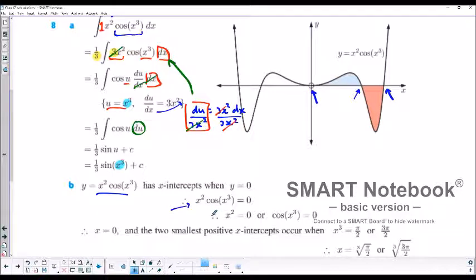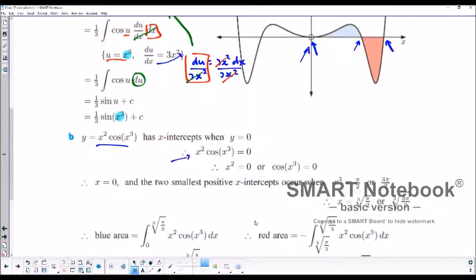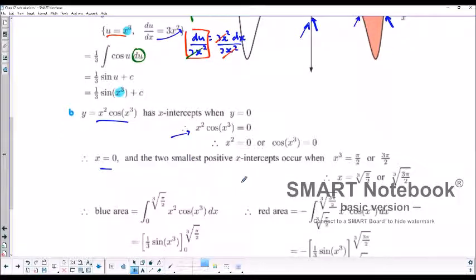So we know it has x-intercepts when y equals 0, so we set this equal to 0, which we have here. And then that means that either x squared equals 0, which we already know, or cosine x cubed equals 0. So of course we know that x equals 0, and we're looking for the two smallest positive x-intercepts, and they occur when x cubed equals pi by 2 or 3 pi by 2, because if you look at the cosine curve